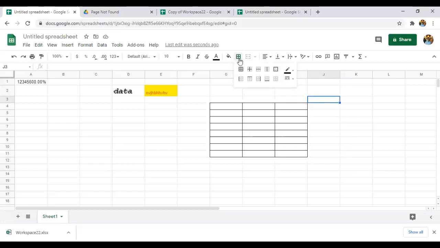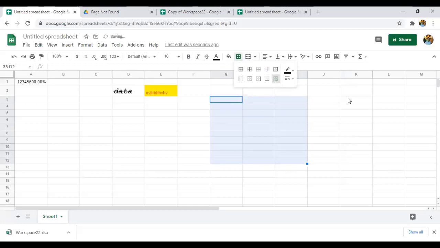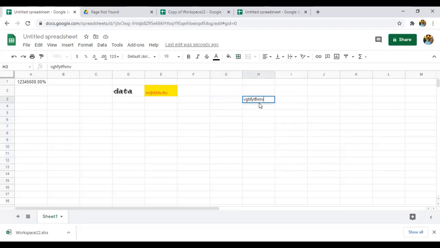Okay, if you want to remove all those borders which you have given, you select them, go to the borders and select clear borders. The borders will be removed. So this is how we are going to give the borders and remove the borders.